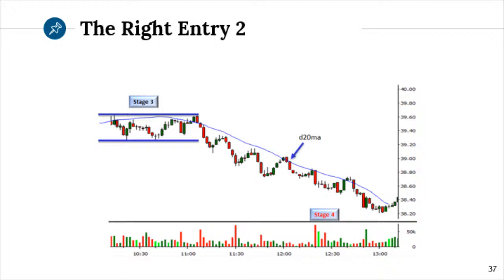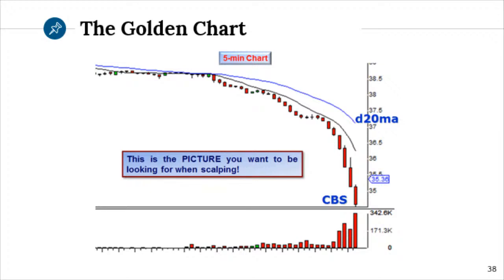Some people often complain to me and say, hey, why can't I focus on just one or two symbols? You can. Feel free to focus on just the same symbol. But find something like this first. Find something that has a nice tight uptrend or downtrend. And then short every time it reaches the 20 and then takes out the prior bar's low. See what I mean? And like I said, that's like the best kind of chart you can get.